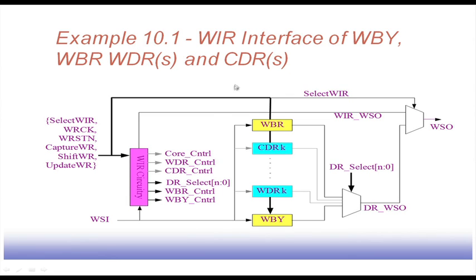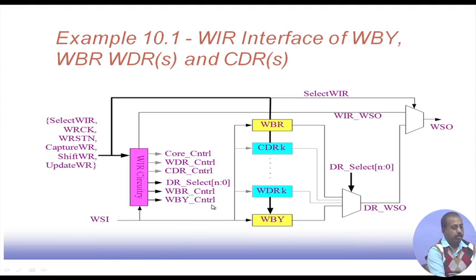Now, a typical WIR interface may be like this, where we have this WIR circuitry. From the wrapper serial input, this WIR will be loaded and this WIR will produce all these controls: core control, data register control, code data register control, then this data register selection, like which data register we are talking about. Then this buffer, this WBR control and WBY bypass control. So, all these inputs are coming. Based on that, this WIR circuitry is going to activate some of them. Suppose this DR select, WBR control and W bypass control